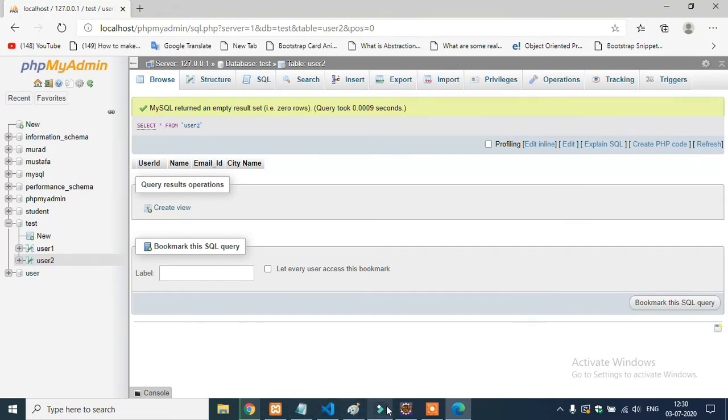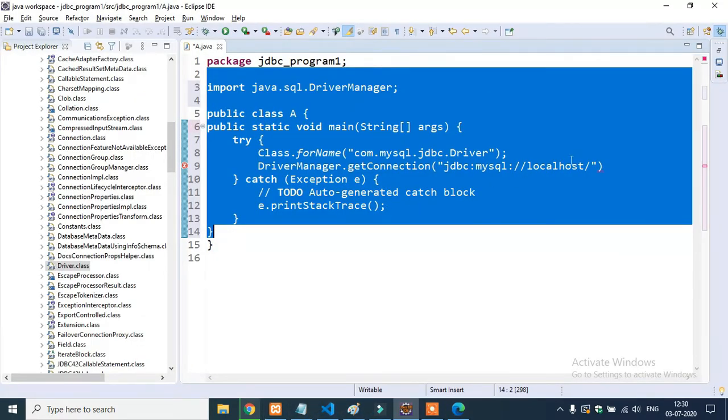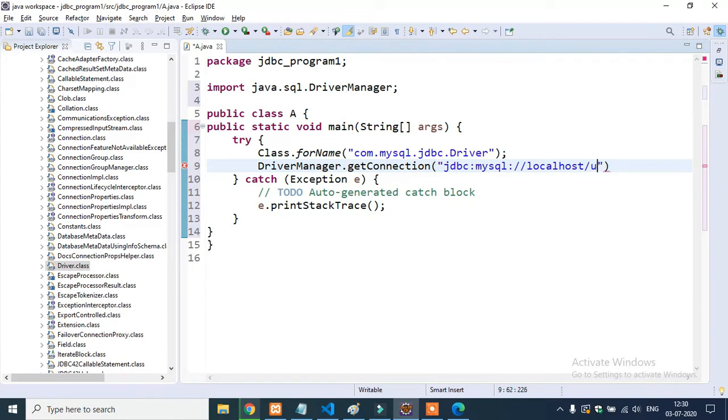Then let's move further, and the database name is user, colon, double quotes, and right here let's write root, colon, and double quotes. I have not created a username and password in the exam, that's why I kept root here, and this password field I left blank.